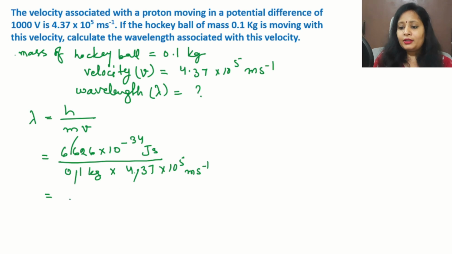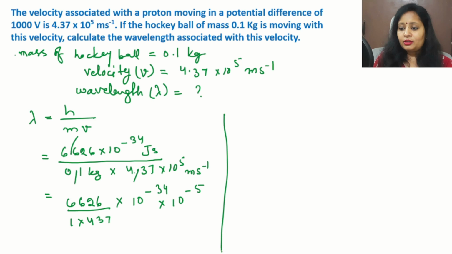So now we will get the value 6626 upon 1 into 437, multiplied by, now collect the powers together, 10 to the power minus 34 into 10 to the power, now the 5 will go in the numerator side and become minus 5. Now what to do next? First we do the division of 6626 by 437, and this is an easy task. We can do the division and we will get the value